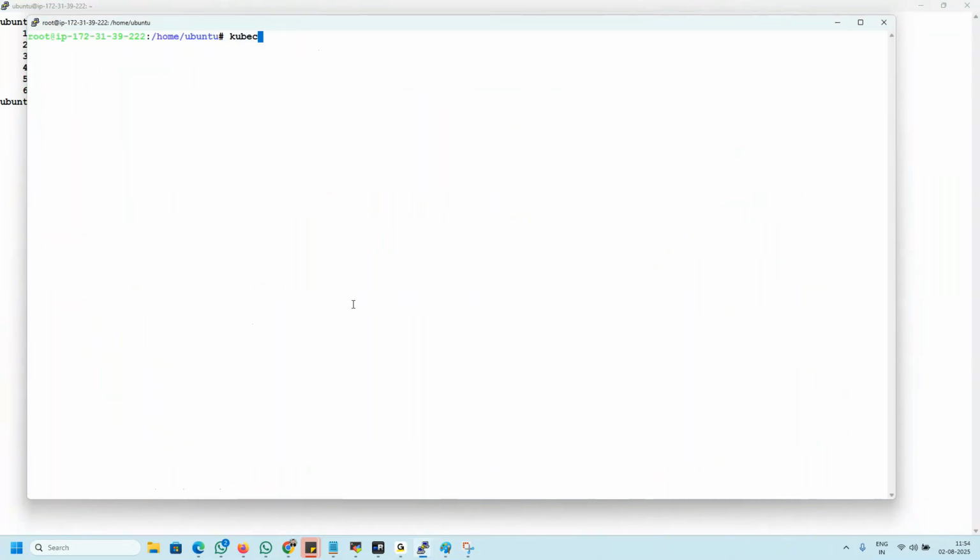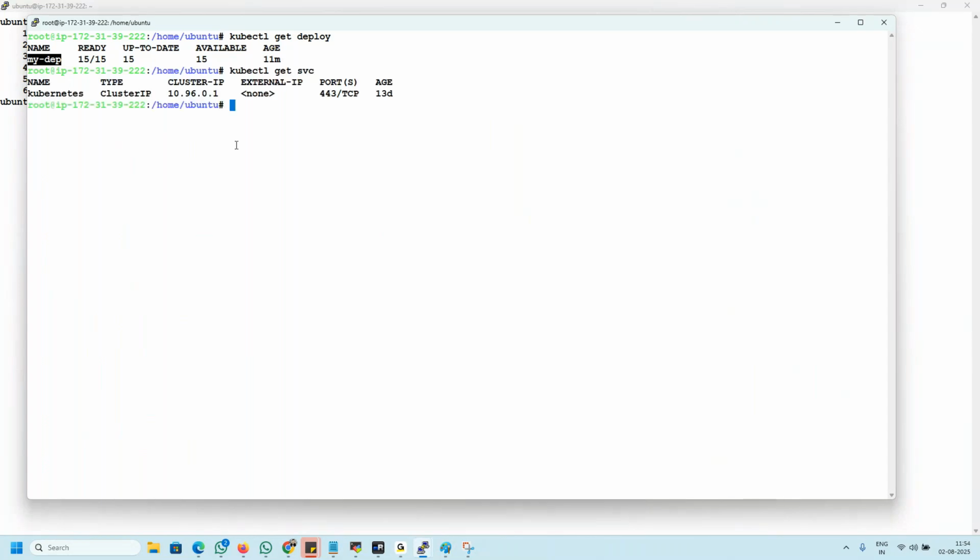So kubectl get deploy. So you have a deployment, mydev. How do we create a service? So first kubectl get svc. Do we have any svc? We have one svc, which is kubernetes, which is the default for every cluster. Because of this, we are able to connect to the API server. But we have not created any service from our side. So what do we do? How do we create a service? Very simple. kubectl